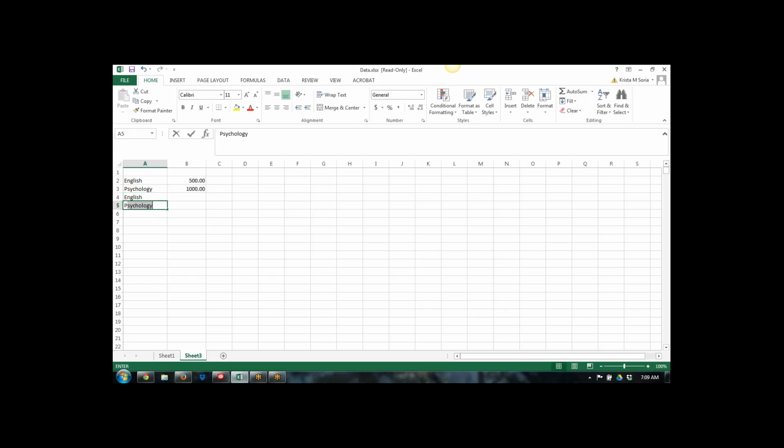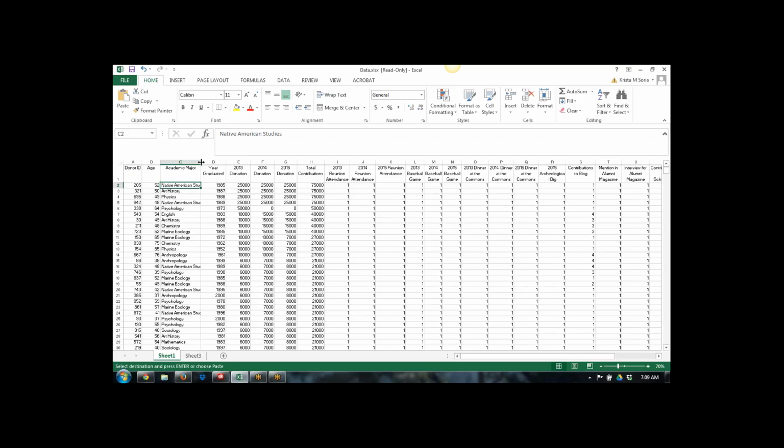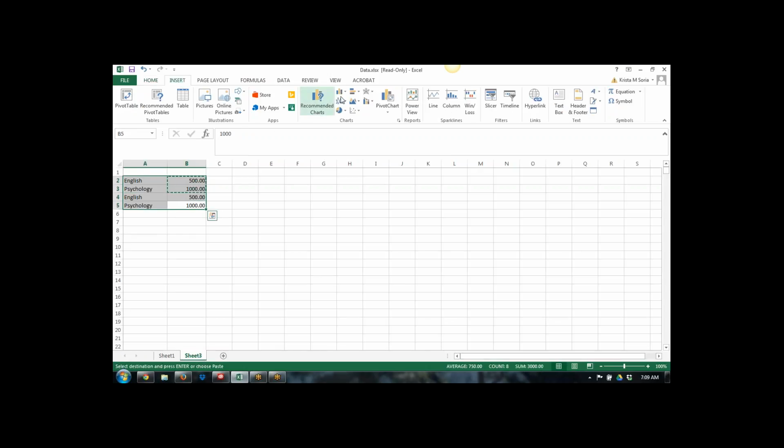Excel does not work well if you have current data like this, which is exactly what we have on the other page, where each line is a different person, but we've got folks from many different majors. So there's, as an example, about 100 Native American Studies students or whatever there are. But Excel loves it when you can condense things for it. When that doesn't happen,